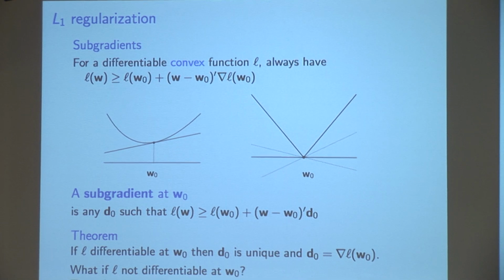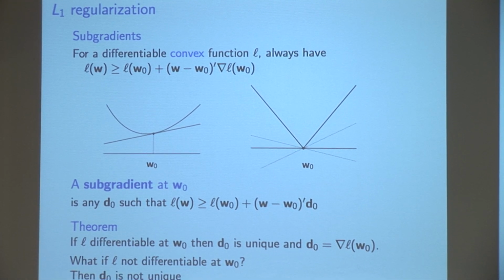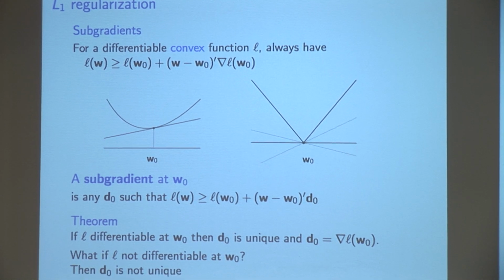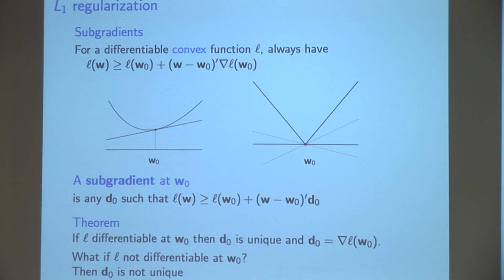Other people will talk about this more deeply and maybe more intuitively. But just quickly, what's a gradient? In a one-dimensional function, what's a derivative? It's just a number. A gradient is just another vector in the same space as the input argument, that is the slope and orientation of the supporting hyperplane. So the gradient at some point is the slope and orientation of a supporting hyperplane. It's the linear function that supports the function there.